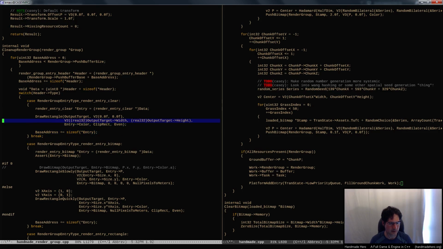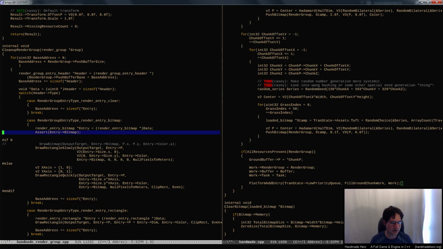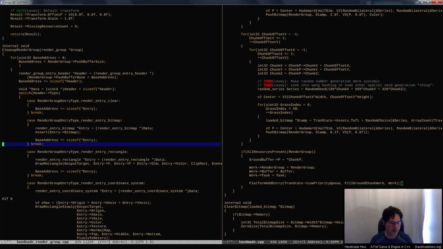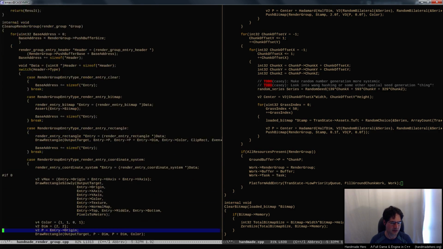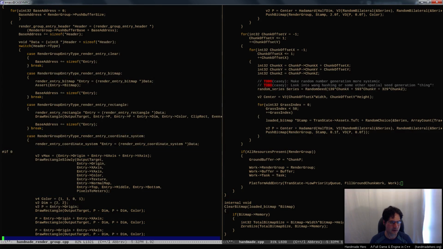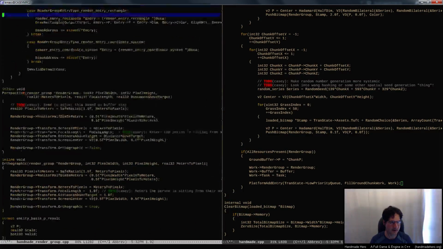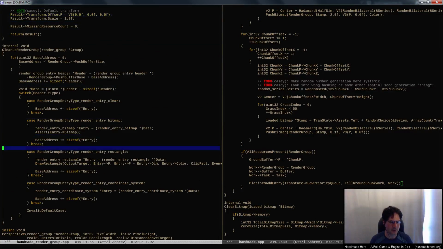Oops, let me do that. That would basically be the bitmap one here. That one would have to mark its stuff as not being used anymore, right? So yeah, so you'd have something like this. And again, this is one of those things that,